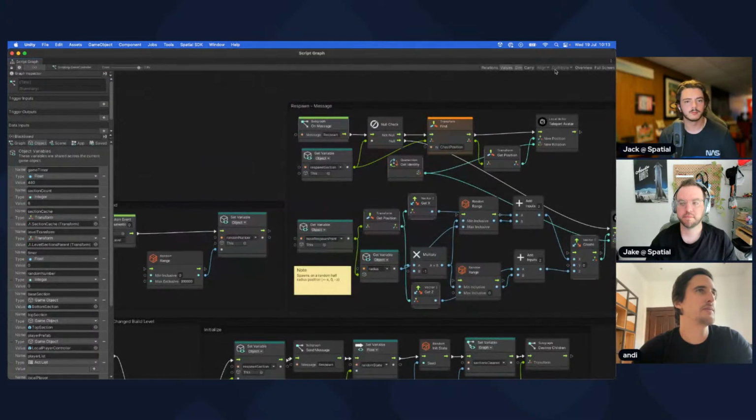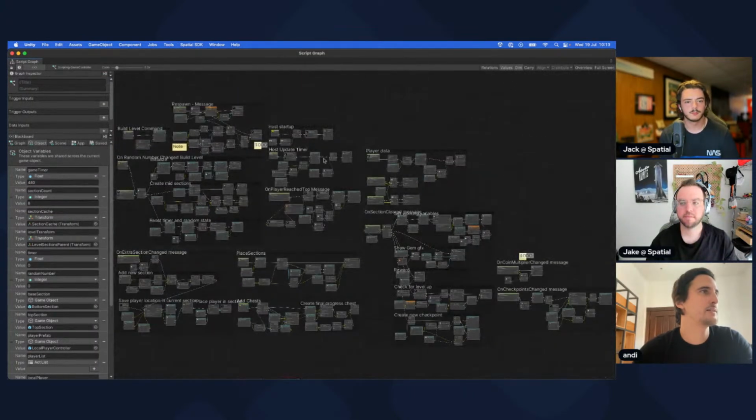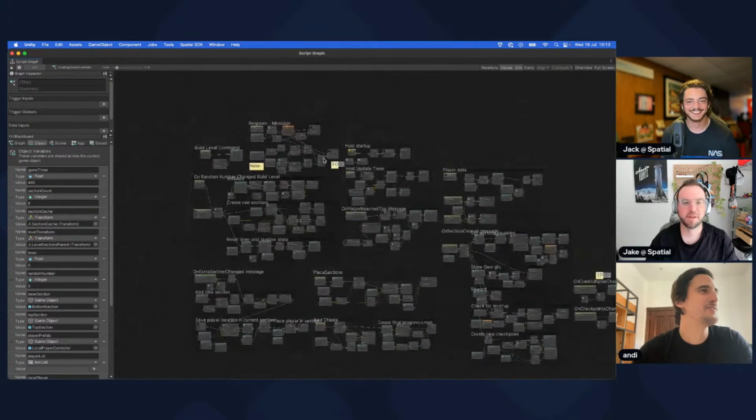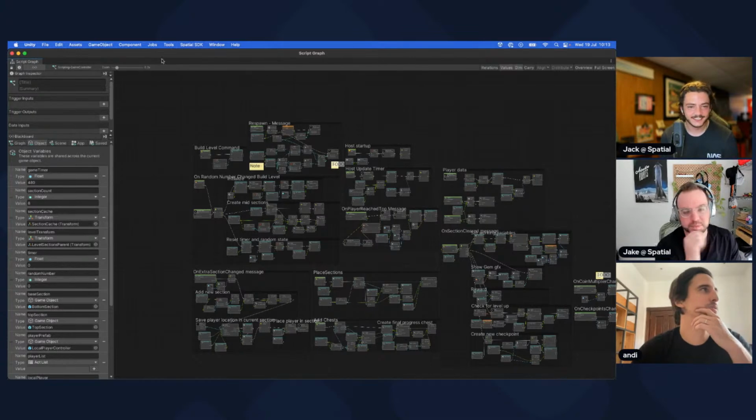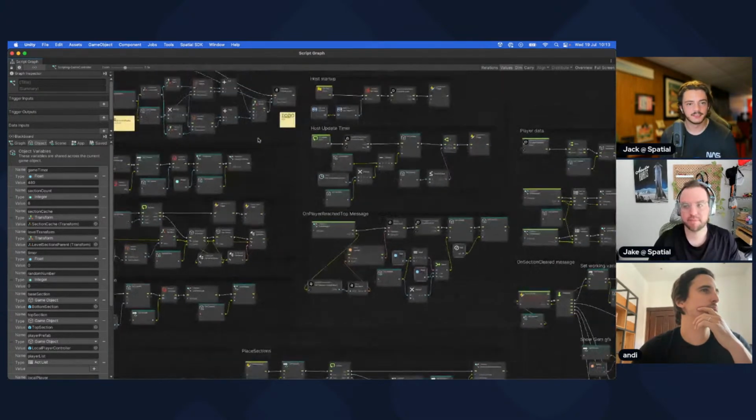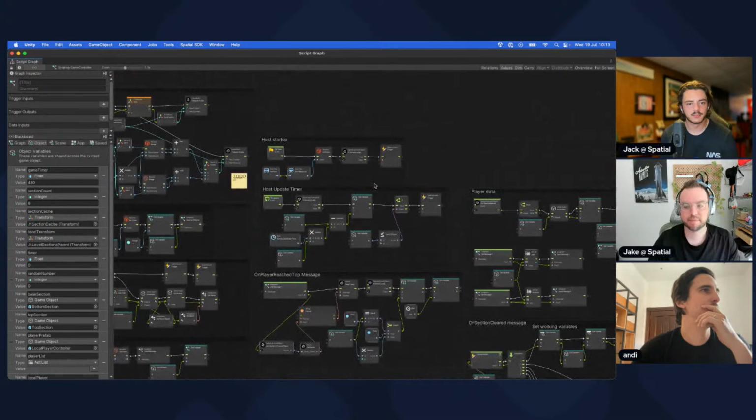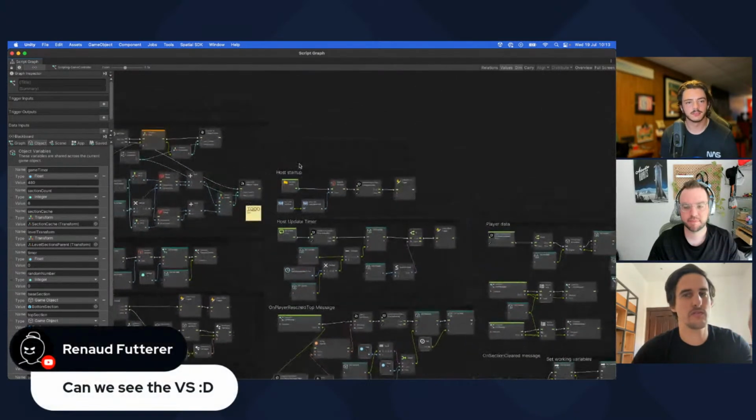For example, this is the game controller. It has a lot of data, a lot of nodes. And I always subdivide this into sections, into manageable, smaller pieces of code, or functions, so to speak. So for example,